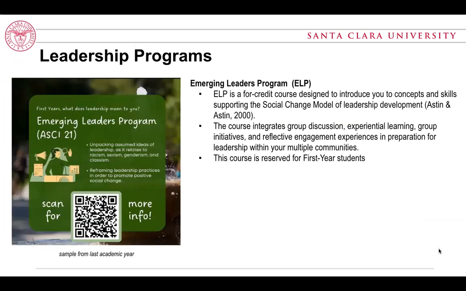So in addition to our clubs and student organizations, we also have leadership programs, and this actually falls under my purview. So right here on this slide, we have the Emerging Leaders Program. The Emerging Leaders Program is a class that is available to incoming new students, so first year and transfer students. And it's a chance for students to understand what leadership means in the idea of a Jesuit education and Jesuit